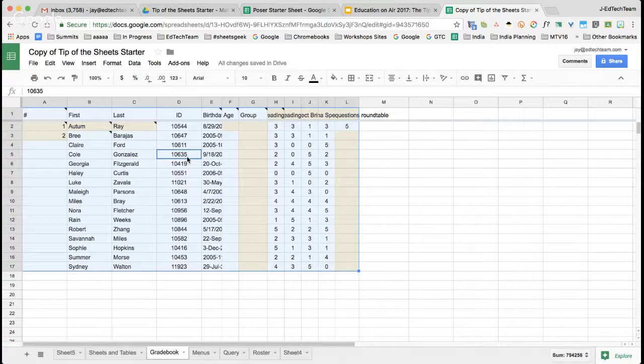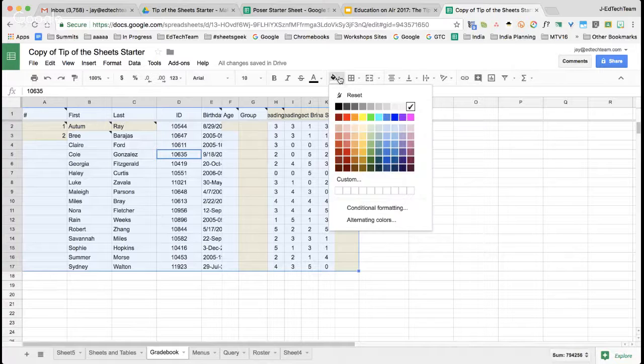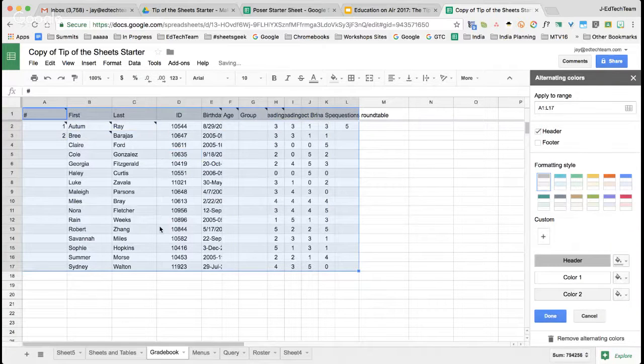Now with this, let's do alternate color rows. This came in not too long ago, not too distant past. Under our fill colors, we have a couple of options with conditional formatting, which I love, and alternate color rows or alternating colors. So if I click that, it's going to automatically jump into a gray pattern here. If I want something a little brighter, let's do a yellow maybe, yellow-orange, and you are able to put different selectors on here. You can change the color, formatting style. You can create your own as well, and you can edit any of these